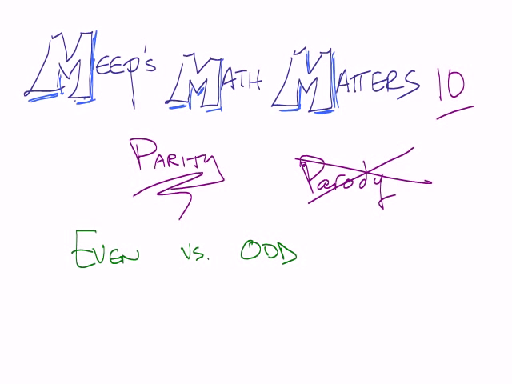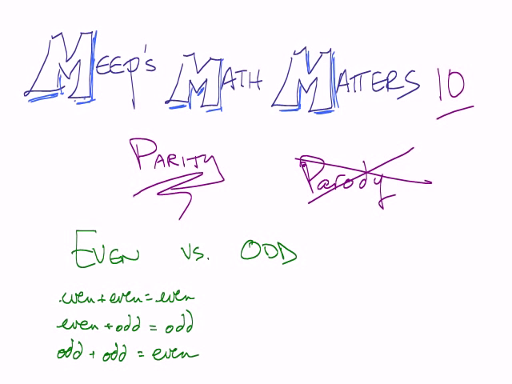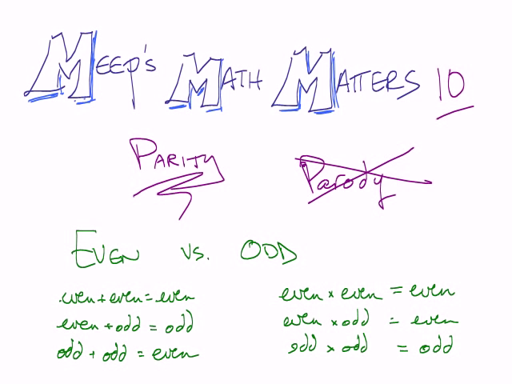because if you have an even number plus an even, you get even. Even plus an odd, you get an odd. An odd plus odd, you get an even. You have something similar going on with multiplication. Even times even is even, even times odd is even, and odd times odd is odd. Not going to prove these, but we'll use some of this, and we'll look at a couple of problems that